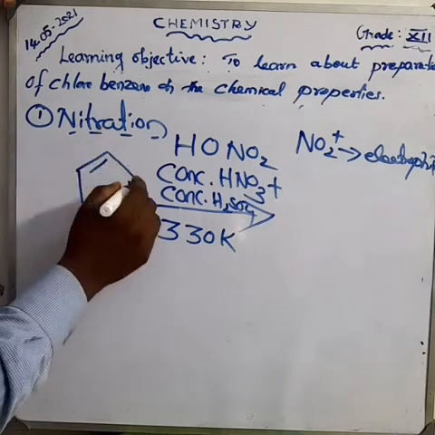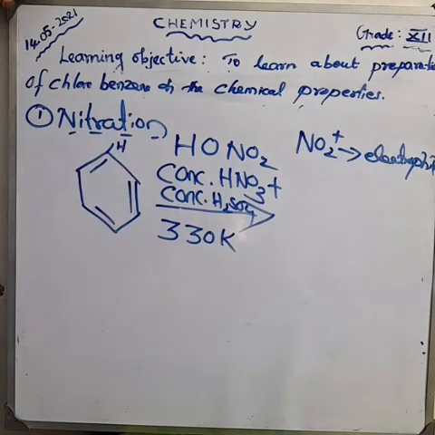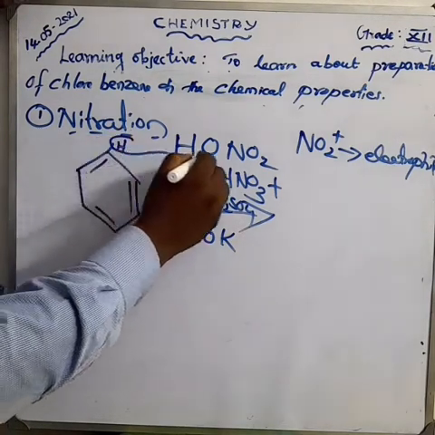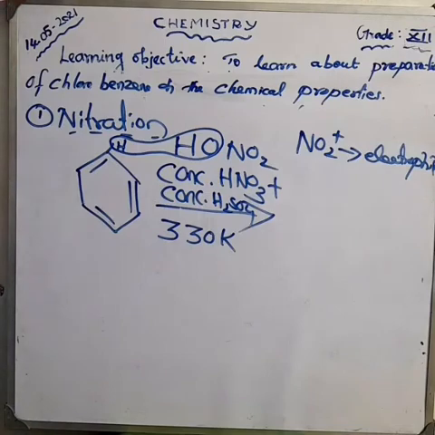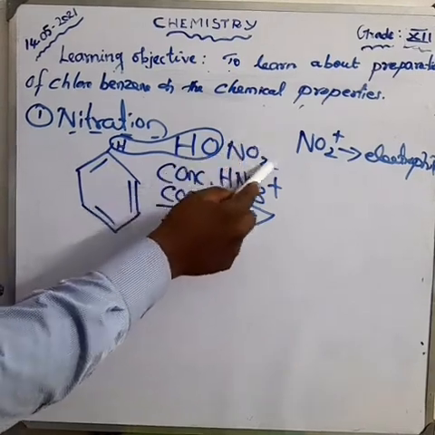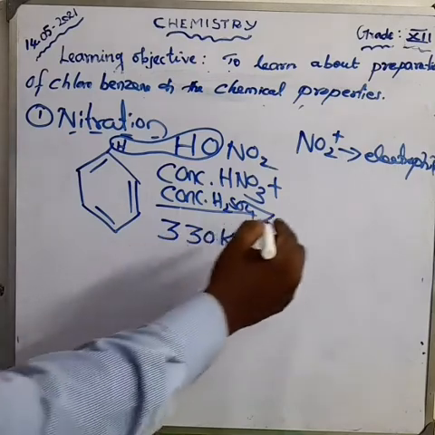Suppose attachment happens here, one of the hydrogens combines with OH to form a water molecule. So the NO2+ is an electrophile. This NO2 is attached to the benzene ring. Okay, we get